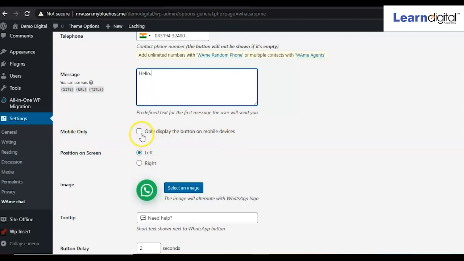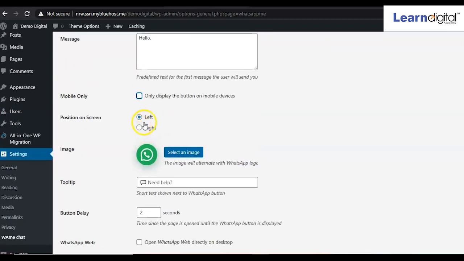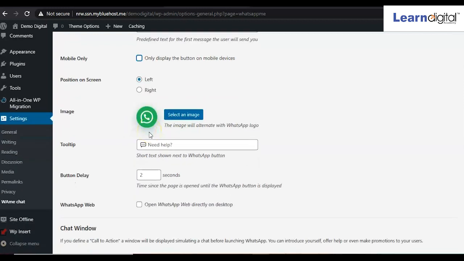It is up to you, but if you click on this, the button will be showing on mobile devices only, right? But we want to show this on desktop as well, so no need to click on this. And here you can check the position, from which side you want to show this chat button, either left or right.